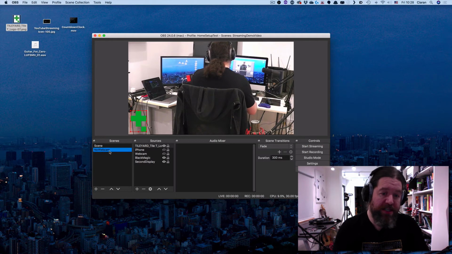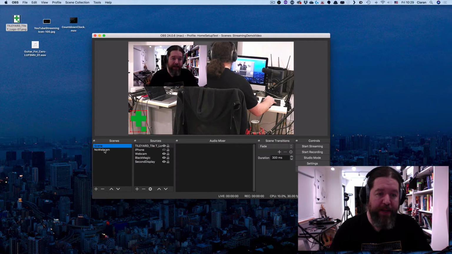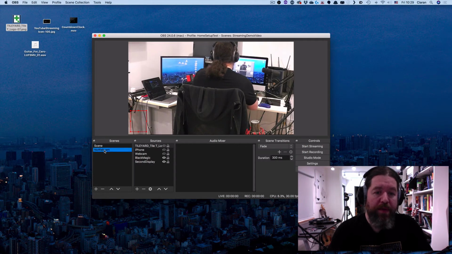Obviously, if you've just got a single camera you're turning on and off, you might as well do it from the sources, but you can of course do multiple things. So maybe no webcam also didn't have the logo, and you can see now both of these settings can be switched between very quickly. One thing you might have noticed though is that we don't actually have any sound, because